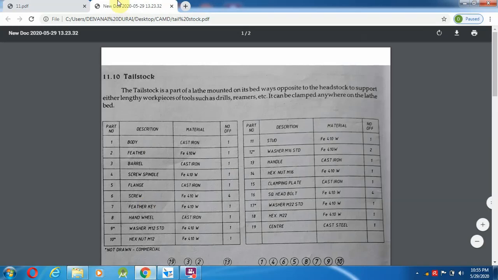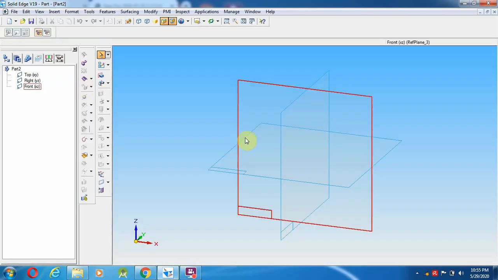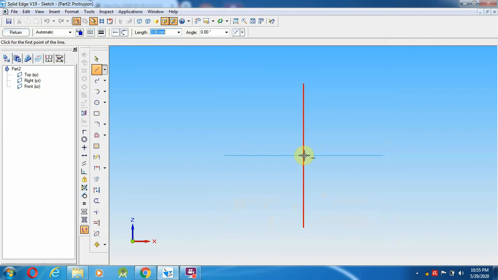Same as that, the next component is hexagonal nut M12. For hexagonal nut M12, here also we have to use the same formula. Select solid part, go to protrusion and select circle. The diameter is 12 mm, and to find the outside diameter, 12 into 2, we are getting 24 mm.